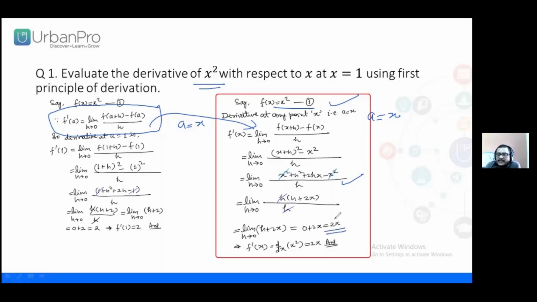Now we can find the derivative, that is rate of change, that is tangent, that is gradient at any point. So here we have got f dash x equal to 2x. If we have to find the derivative at a point x equal to minus 2, put x equal to minus 2 in this relation. So after replacing x equal to minus 2, we will get f dash minus 2 equal to 2 into minus 2, and the answer will be minus 4. So we can find out the gradient, that is rate of change, at different instants.